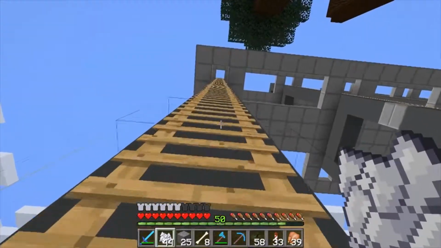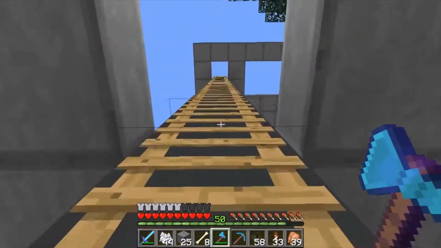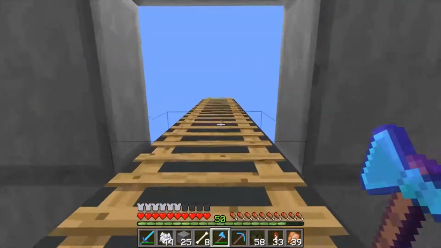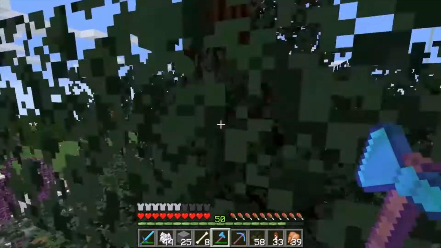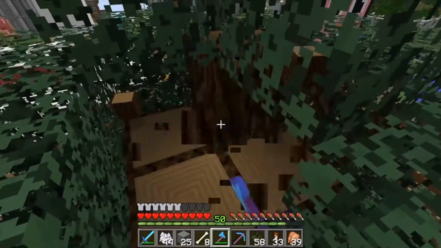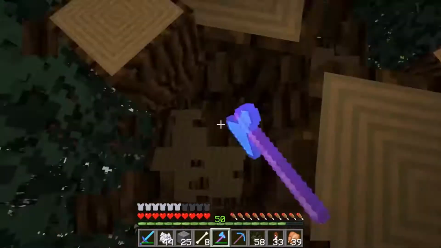Climb the ladder, get the axe out, and then you chop it down. I'm not going to chop the whole thing down. I think I'll just show you the top. So yeah, it grows up here. Break a few of these leaves to get to the wood, and then you just chop your way all the way down. And then there's hoppers